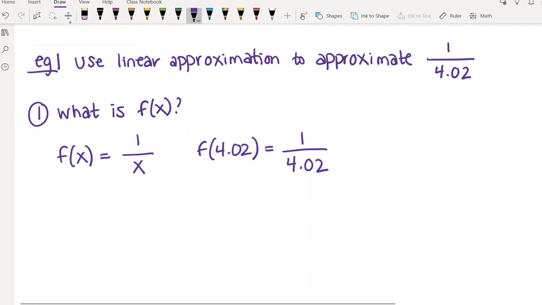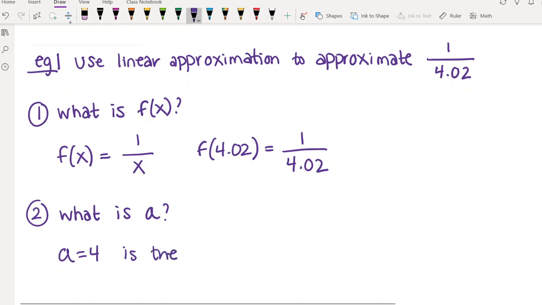And then the next thing we have to figure out is, what is a? So what do I mean when I say a? I mean the place where we're going to do the tangent line. So when you're answering this part of the question, you have to figure out what's the nicest, most convenient number close to the number that we're trying to approximate. So we're trying to approximate f of 4.02. So what's a nice number close to that? 4, right? So if we do a is equal to 4,